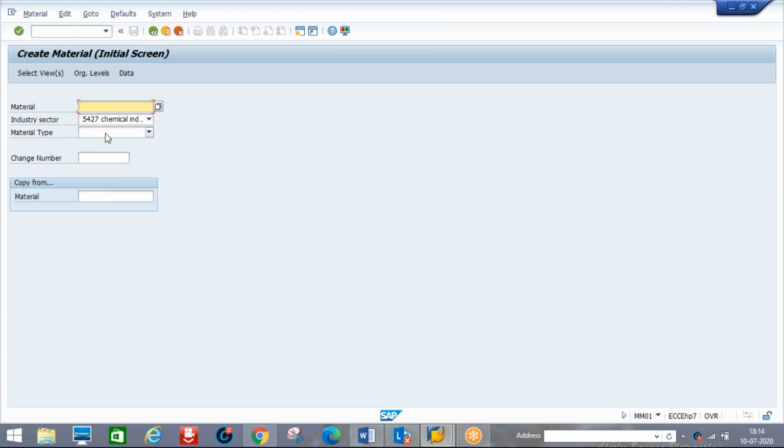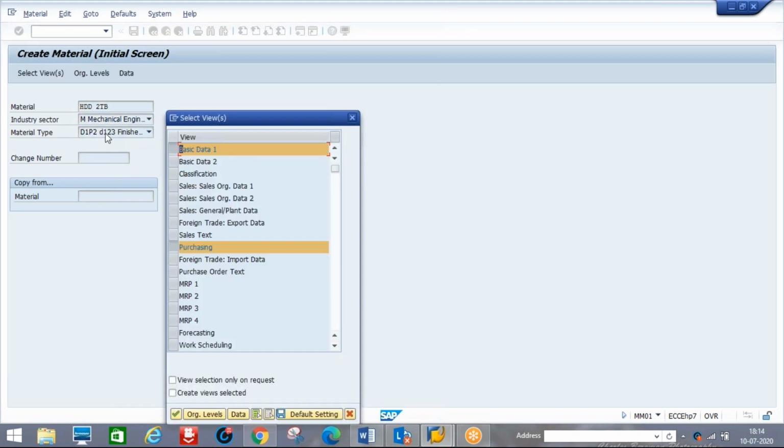Okay, that's examples. Okay, hard disk 2 TB. Okay, mechanical engineering. Here I will take finished materials. Okay, enter. So far we discussed basic data, purchasing, plant and storage location, accounting. Now we need to select sales organization also. Sales organization one and sales general plant data, because this is, oh sorry, this